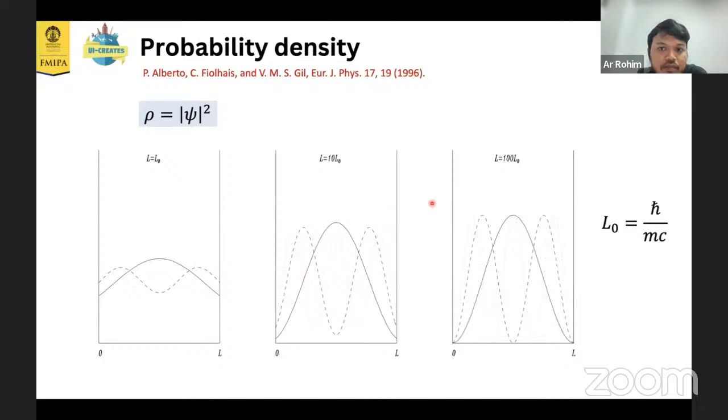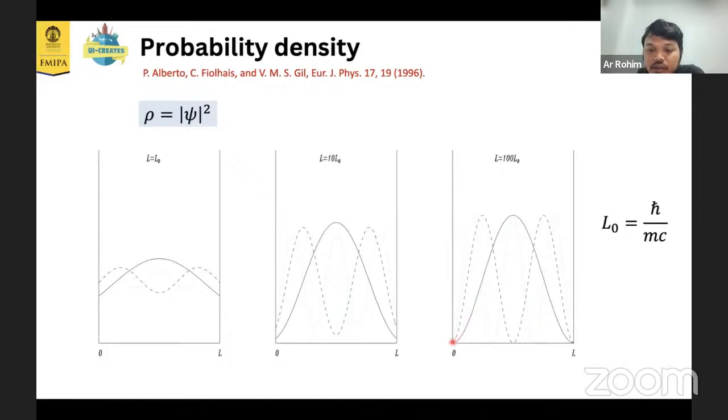But if we take the larger L, the wave function around the boundary surface will be close to 0. For example, if we take L equals 100 L0, where L0 corresponds to ħ over mc, proportional to the Compton wavelength, I think, then it already goes to the non-relativistic limit,